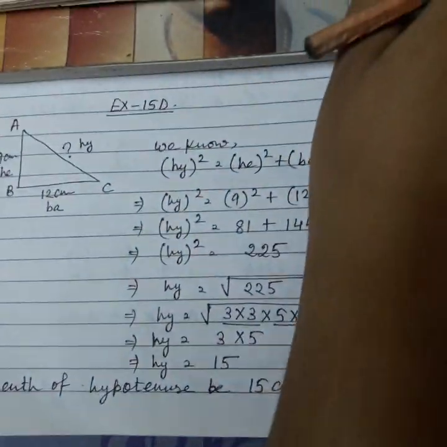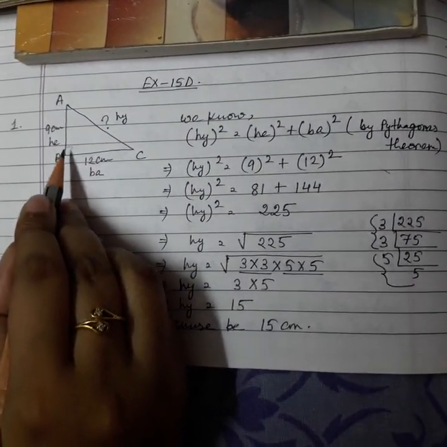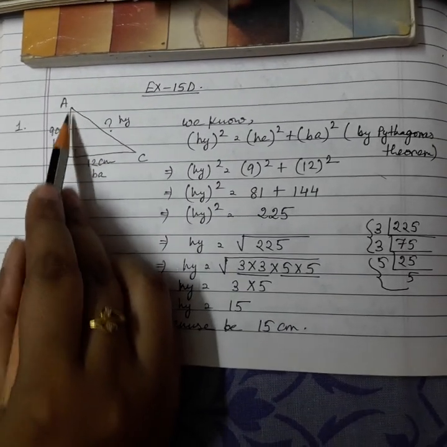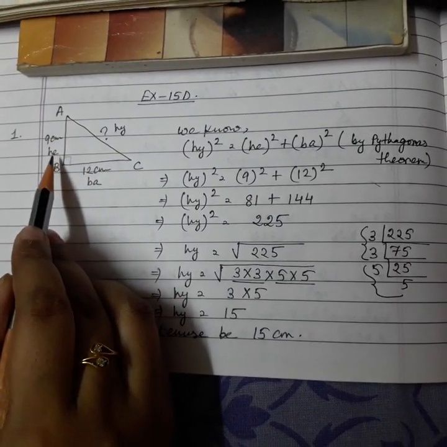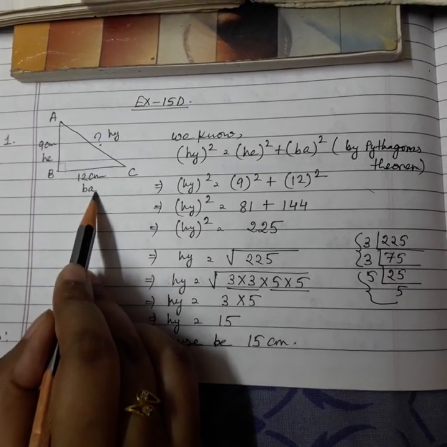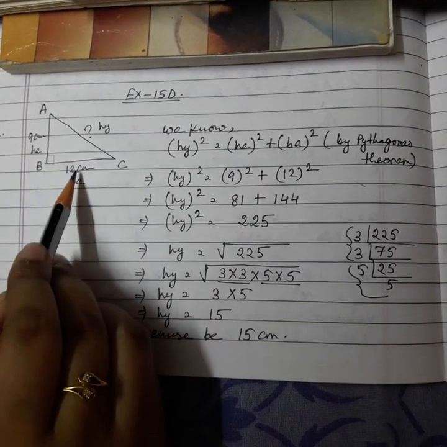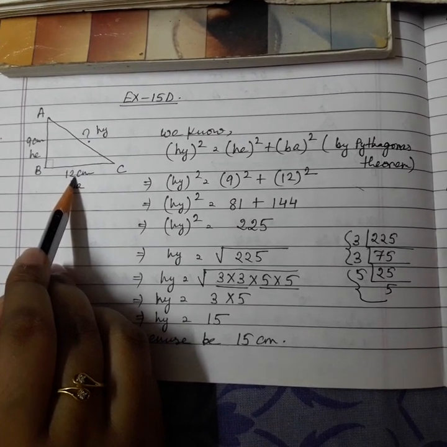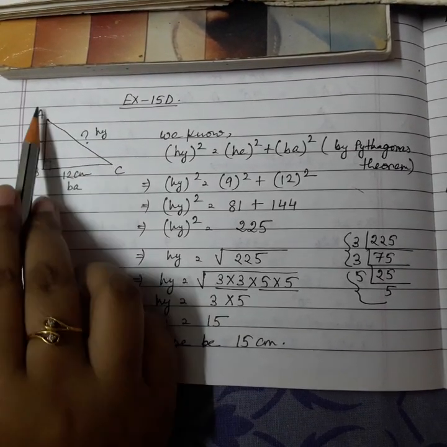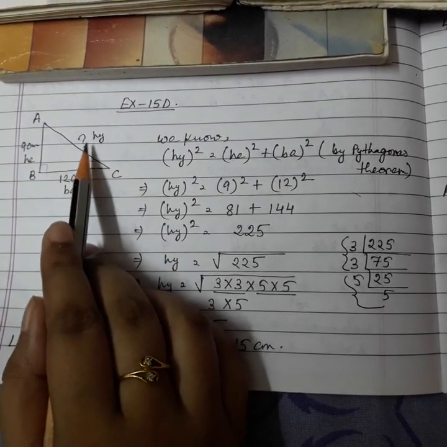So according to this question I have drawn the figure. If I will draw the figure, this is right angle triangle, angle B 90 degree, opposite to B this is hypotenuse. So I have taken height as HE, means shortly I have written HE means height, I have taken 9 cm, and base BA is written, that I have taken 12 cm. That height 12 cm, base 9 cm, on that way also you can take. And this length AC, hypotenuse, you have to find that. So I have given question mark. So we have to find the hypotenuse.